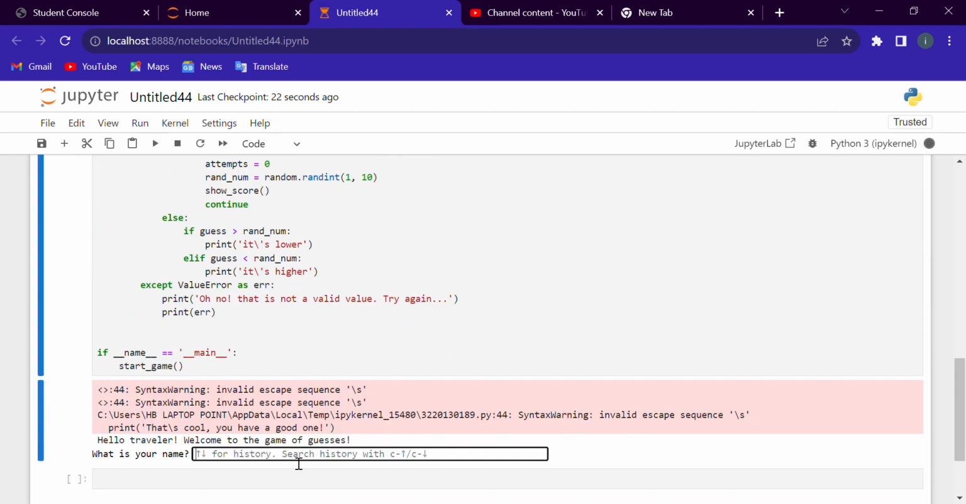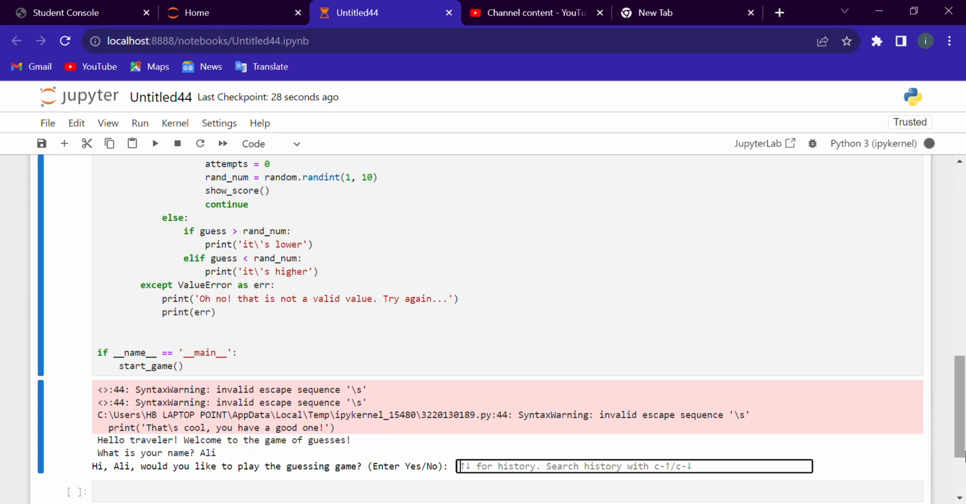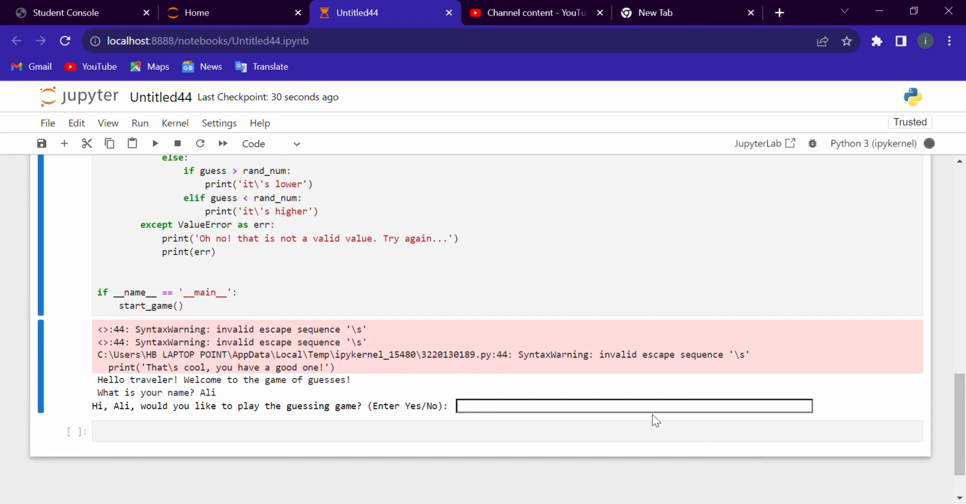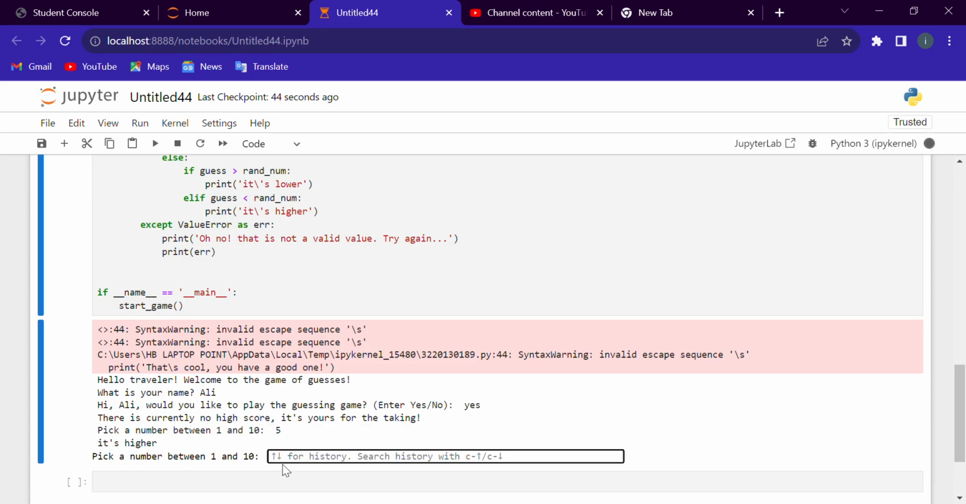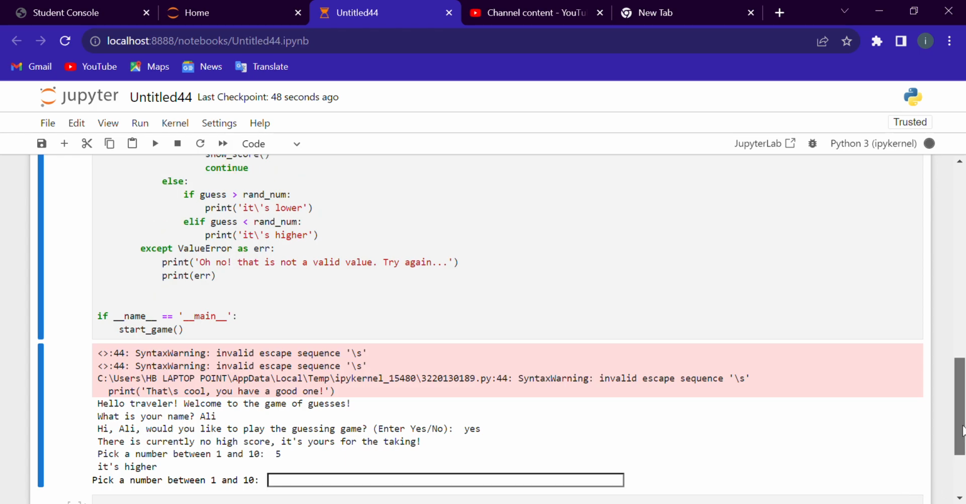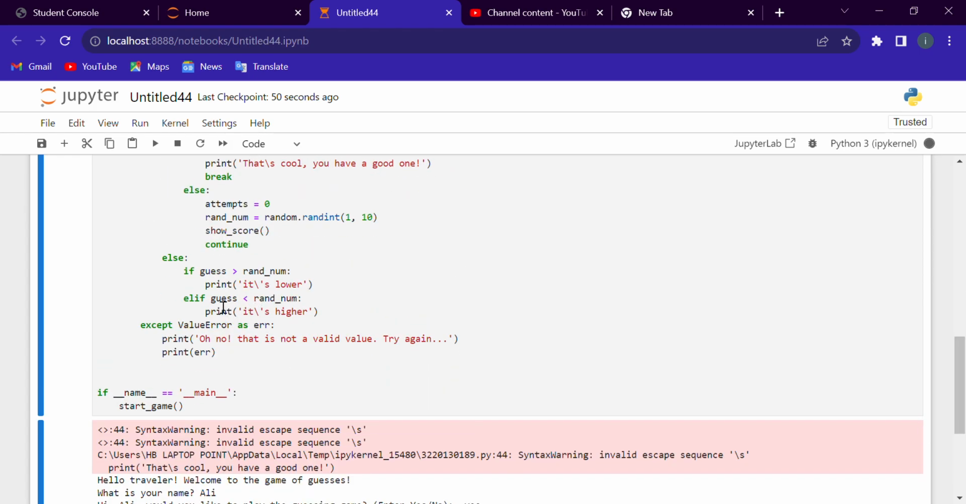Okay, now they are asking for a name. For example, Ali. They are asking me if I want to play the game or not. If I say yes, it will ask to pick a number between 1 and 10. Okay, if I pick 5, it will say it's higher, because as I said here,